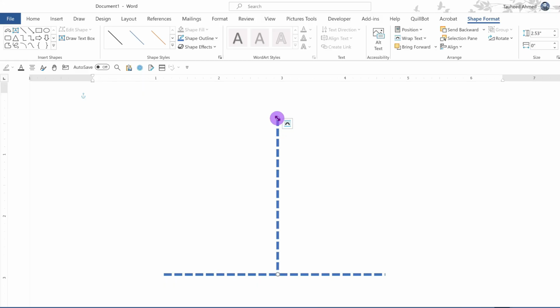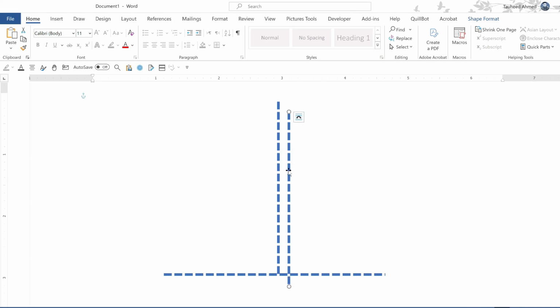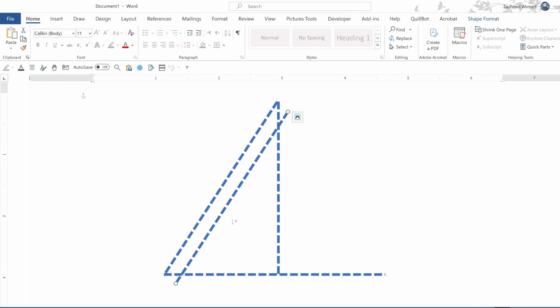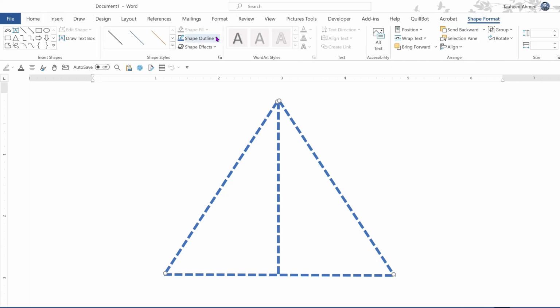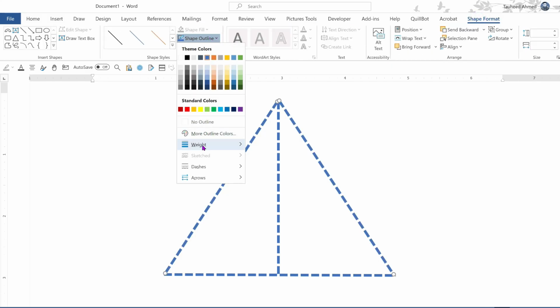Make sure keep it in center and Control D to make another duplicate copy and rotate it like this one. And Control D to make another duplicate line and rotate it and join the corner like this one. Select both lines, go to the shape format, click on the shape outline and change the dashes to the straight